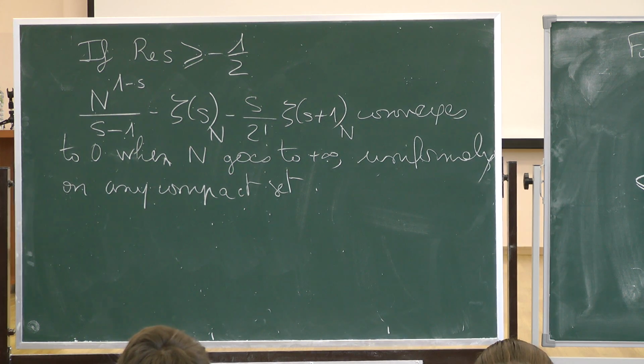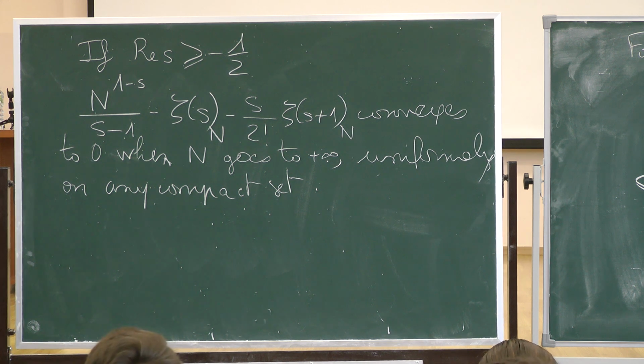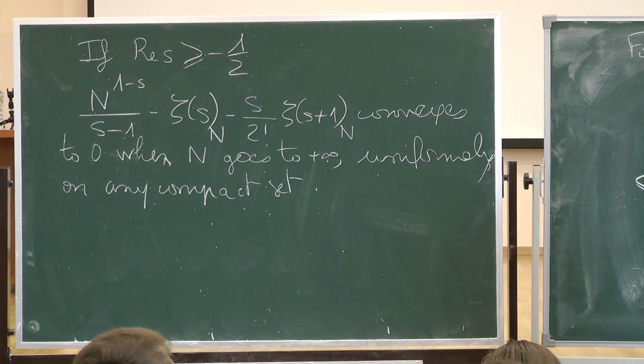Okay, now we are in a very good position because if we want to study what happens near 1, in fact, we are in a region where real part of s is larger than or equal to 1/2, and if we have a sequence of functions that converges uniformly to 0, in fact, then the same is true for the sequence of their derivatives. If they are holomorphic functions, the same is true for all their higher derivatives, and therefore the same is true for all their coefficients of the Taylor expansion at 1.